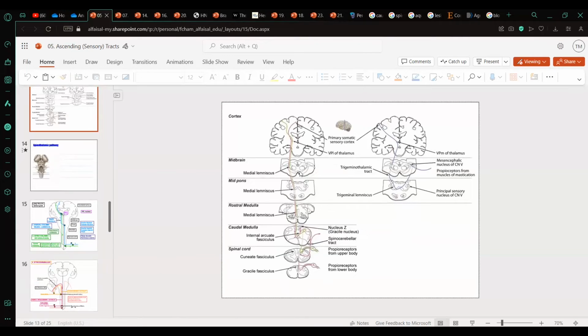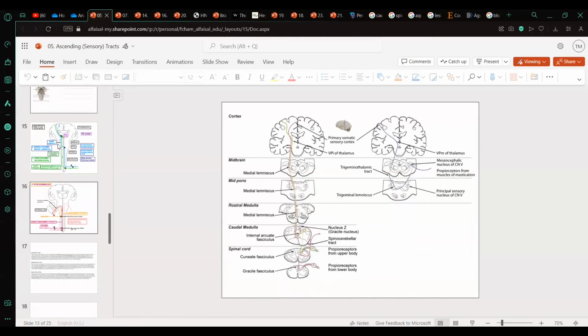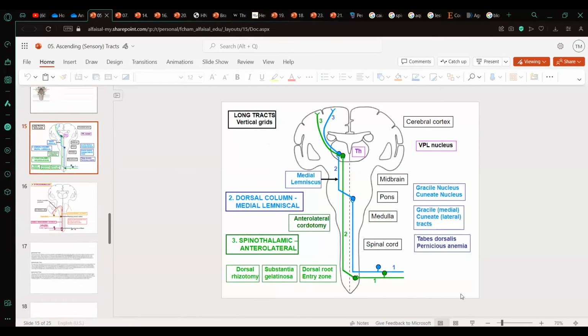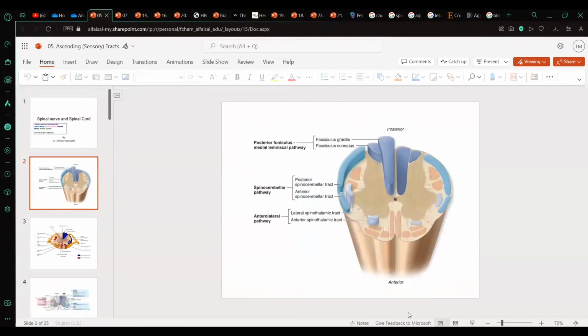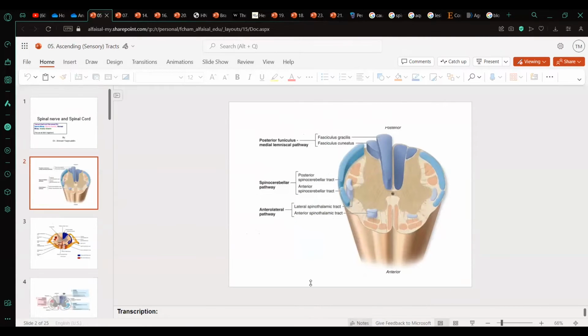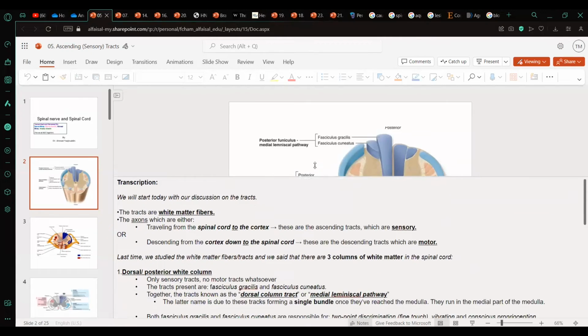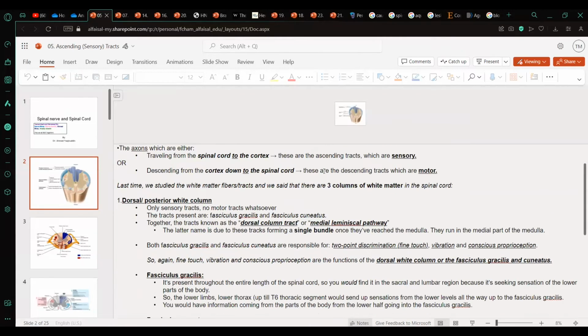Yeah, so here it's showing you the dorsal column going all the way up, and how it goes up to the pons and then crosses over as the medial lemniscus, compared to the spinothalamic. Okay. And so if you look here,